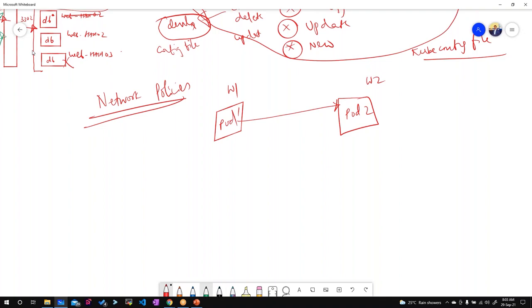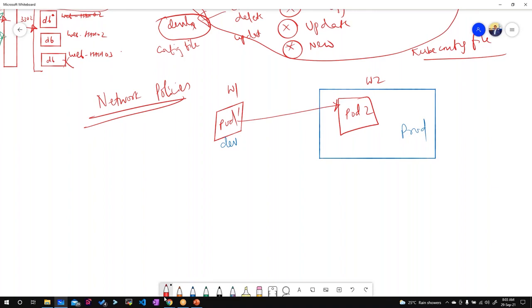Even if pod 2 is in another namespace, say pod 1 is in the dev namespace and this one is in the prod namespace, still they can talk, using proper service configurations. There are no restrictions.